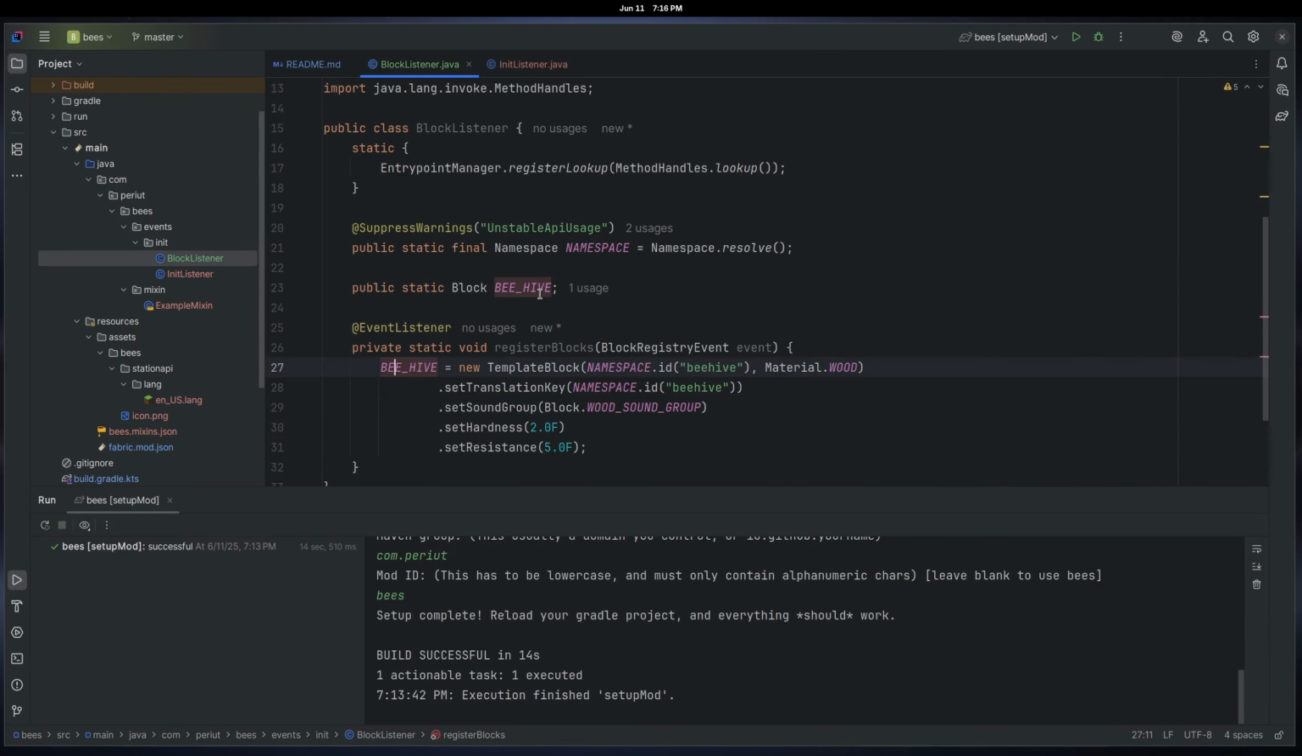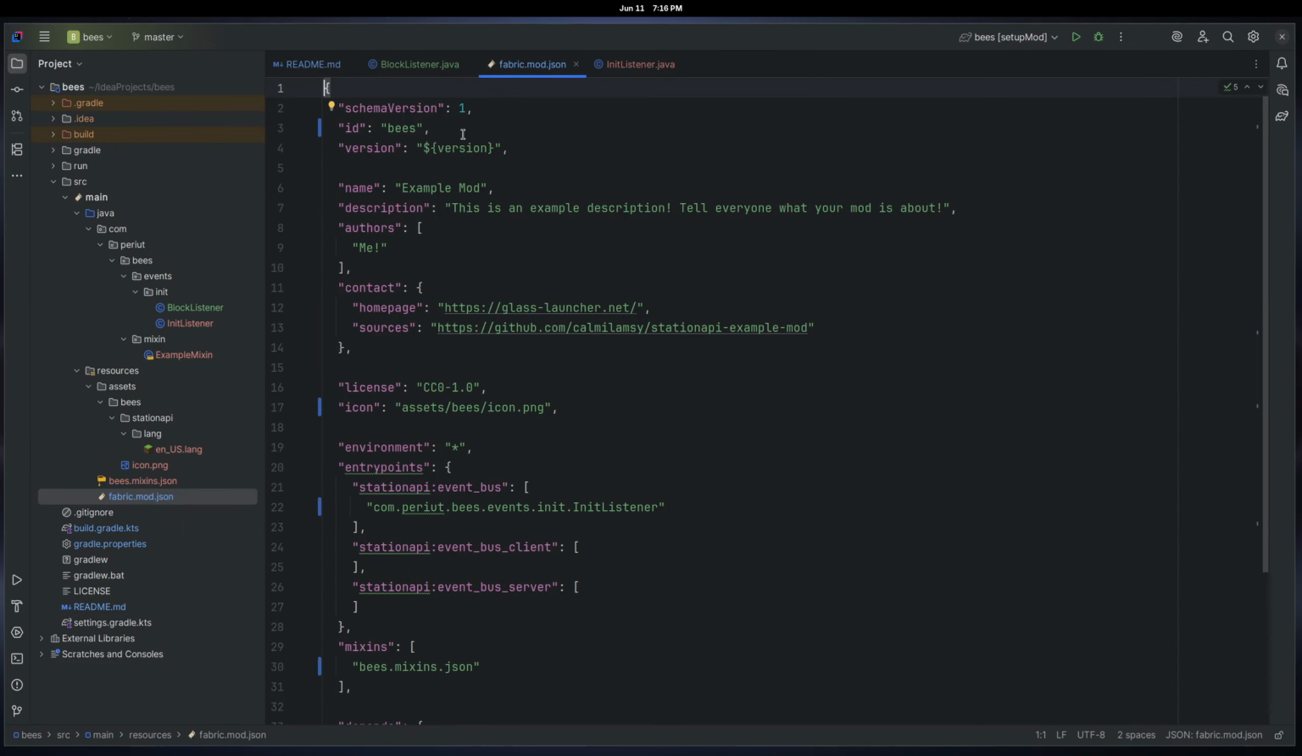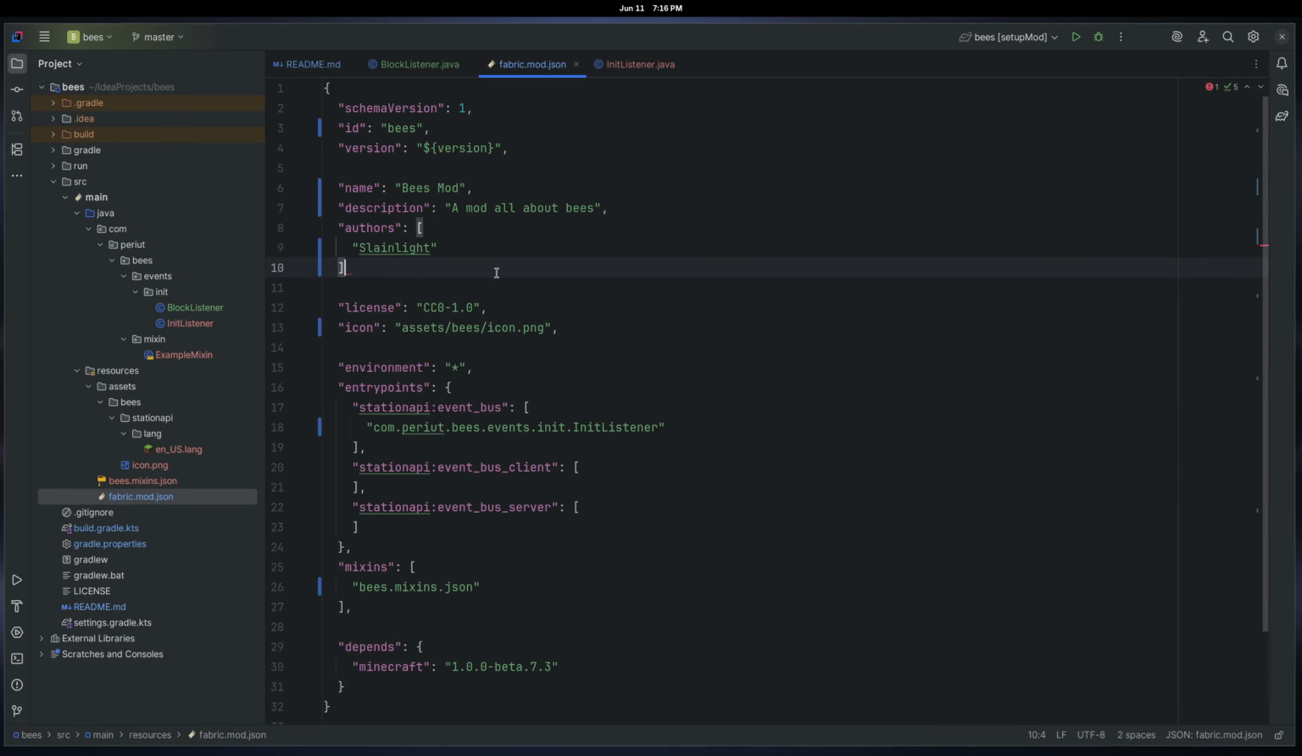The other thing we have to do is, this is currently grayed out, so let's go ahead and copy block listener, go into our fabric mod JSON, and then in here, let's change this to bees mod. Let's change the description: a mod all about bees. Author, Slain Light, or for you, you can put your name here. And again, I'm just going to remove the contact because these aren't really relevant to us. The license, I'm just going to keep it CC0 because it really doesn't matter,